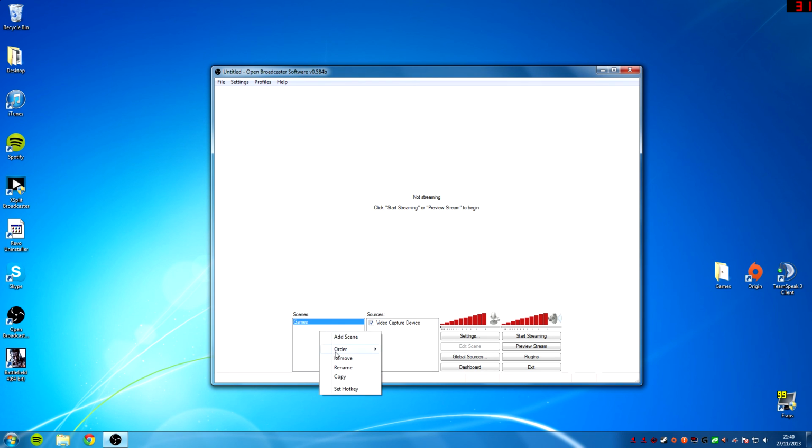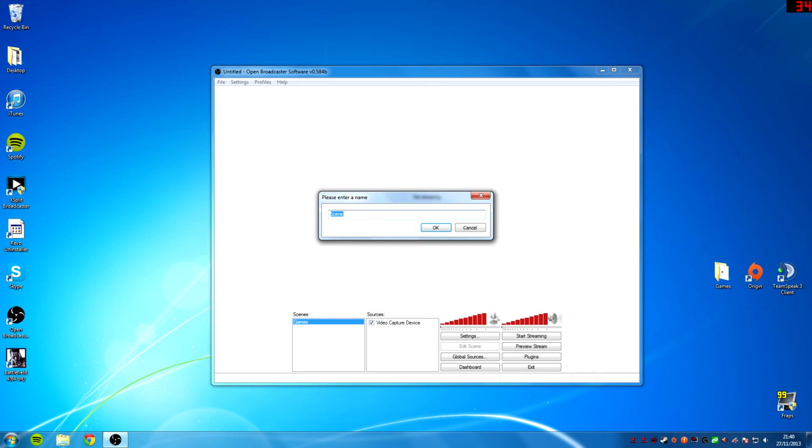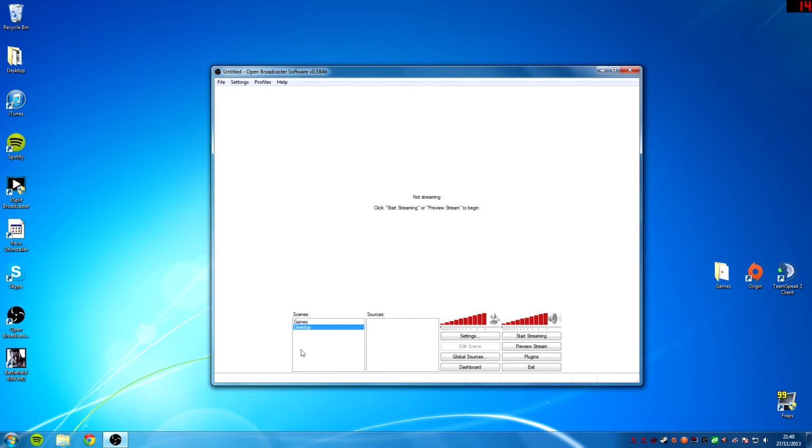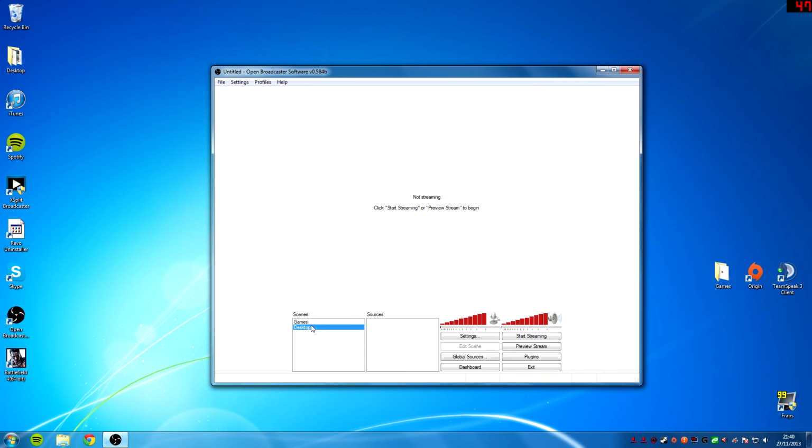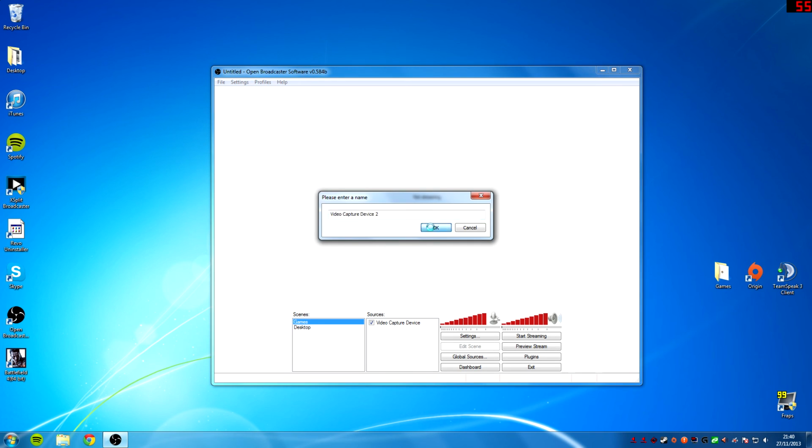So obviously you have your different scenes, which is just like your Xsplit, but you make a new scene. So this could be desktop, and obviously your sources, you'd add a source, so you'd add your video capture device, Windows capture, blah blah blah. I don't want to go through that because I'm not capturing my Windows. But obviously I have my different scenes, so I can split between them. But for this, I have my video capture device. So you add video capture device 2,